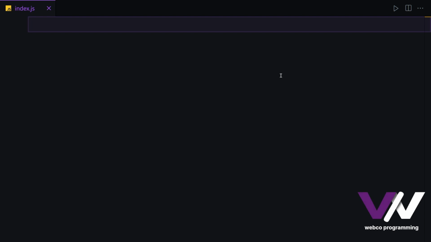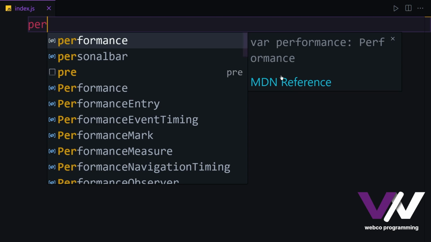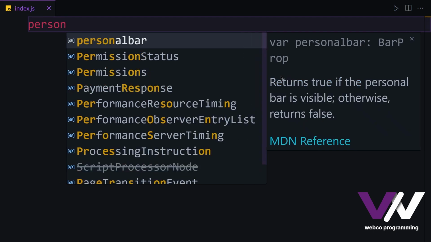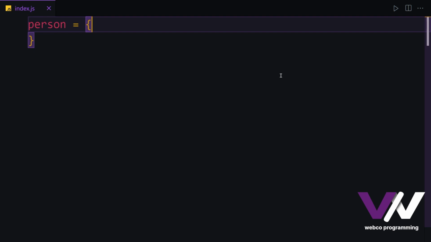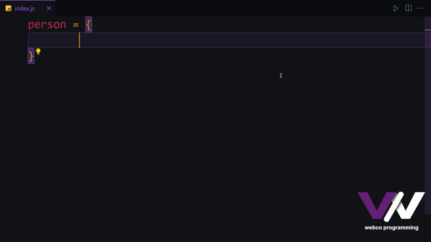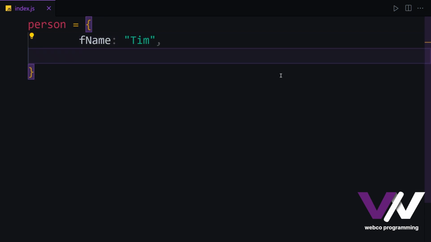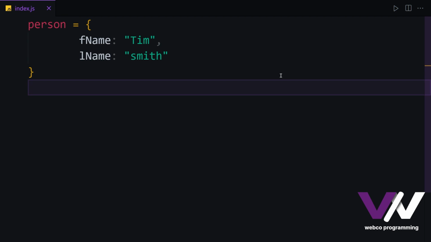You know that we can create objects simply with our object's name, and then we have these curly braces and our items inside of it. Let's say here we have first name, which is Tim, and our last name, which is Smith, for example. But in JavaScript, we can destructure these items and unpack our object properties